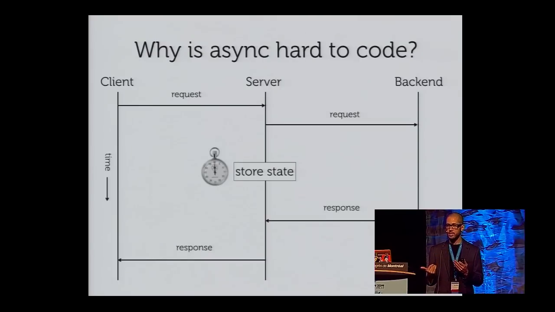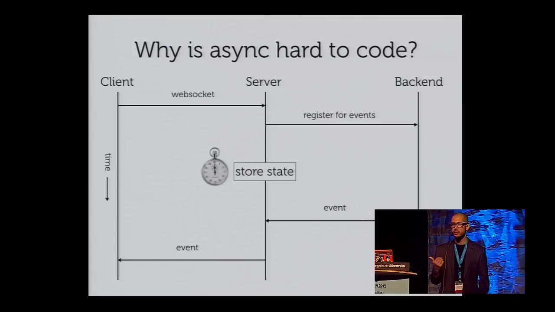So when a client request comes in and the server makes a related request to the backend, it needs to store state so that it remembers what it was going to do when the backend responds. And this is even more true of newfangled WebSocket applications, because in those applications, the wait is indefinitely long. When you visit Gmail, you don't know how long it's going to be before a new email arrives. So it's even more critical to efficiently represent that state while waiting for something to happen.